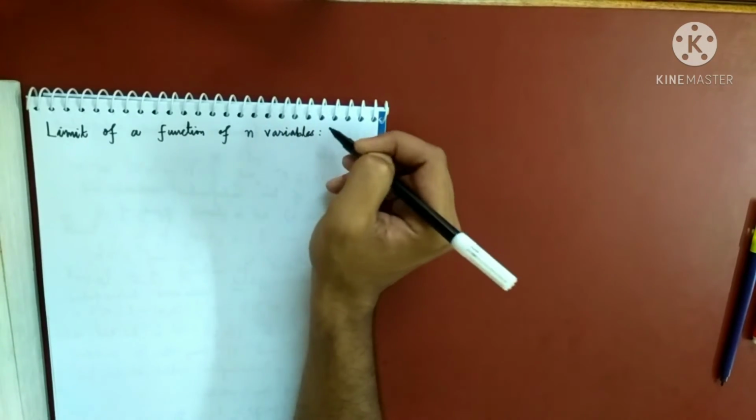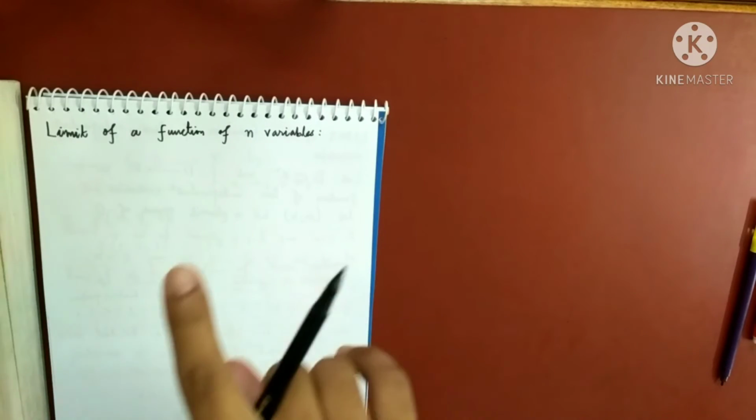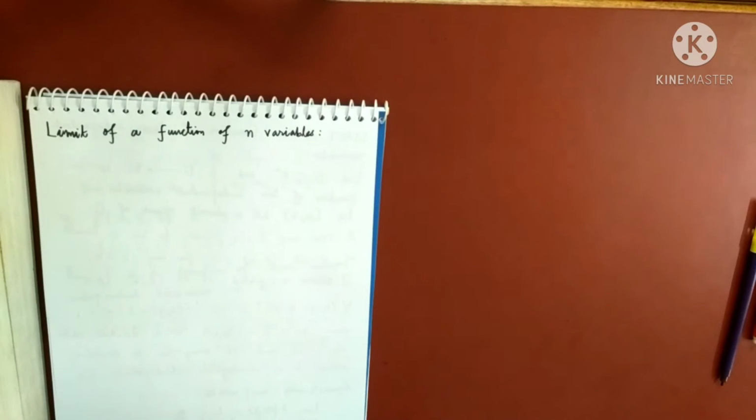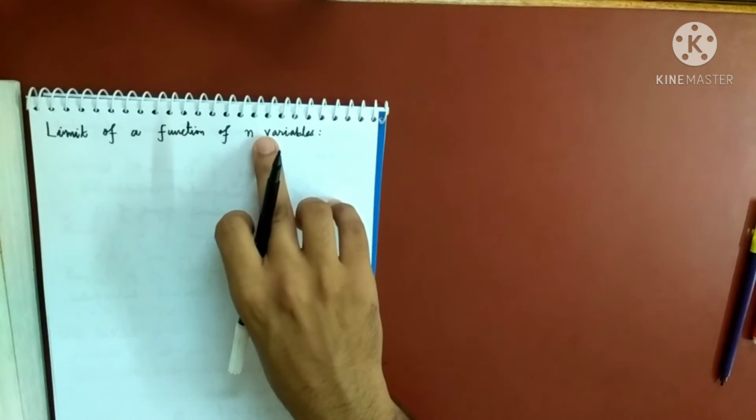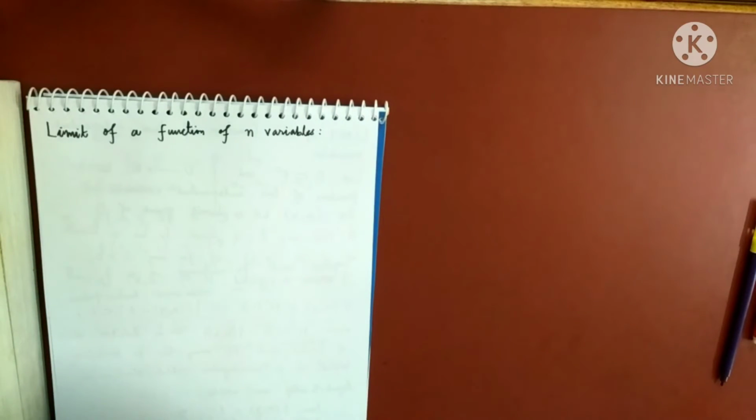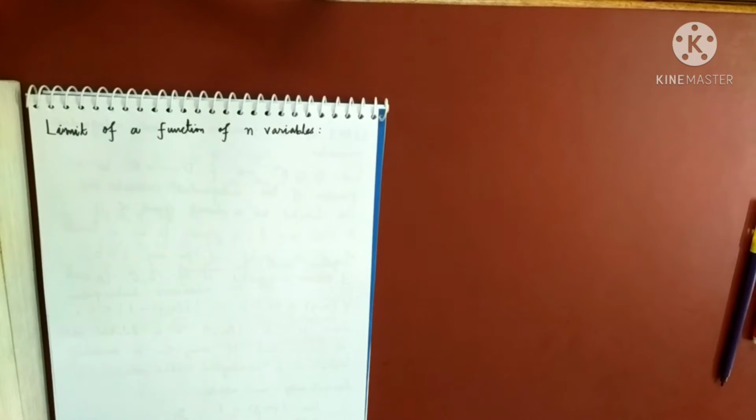You could have thought, why am I doing this for n variables, when I could have directly done it for n equals 2. This n can be two also, right? And I did the limit of a function of two variables differently. Why did I do that? Just because we'll be mostly interested in limits of functions of two variables. We'll be mostly doing sums based on two variables, not beyond that. We will do very few sums beyond that. But let me define it. The definition is exactly the same as what I gave you in the case of two independent variables.